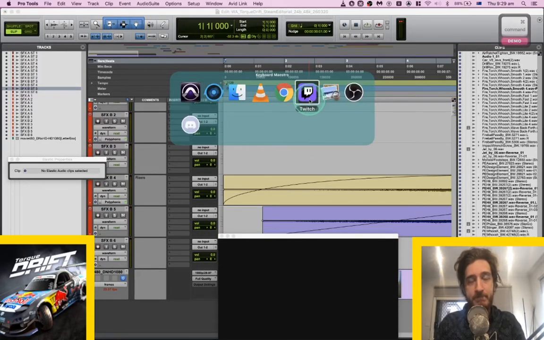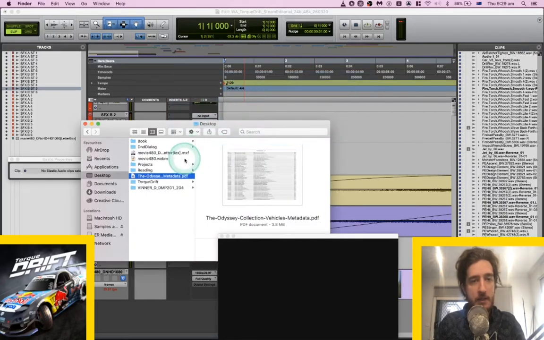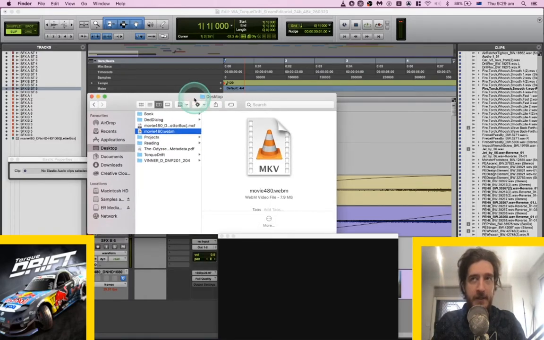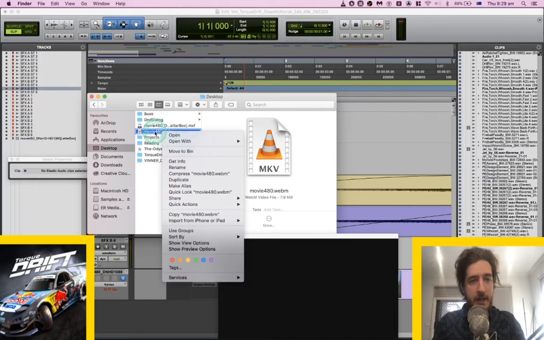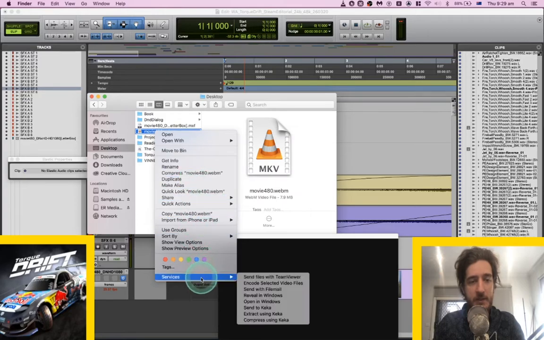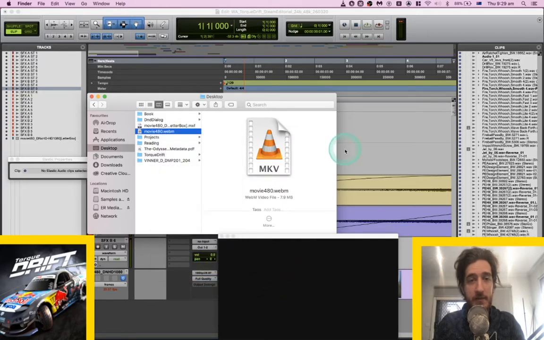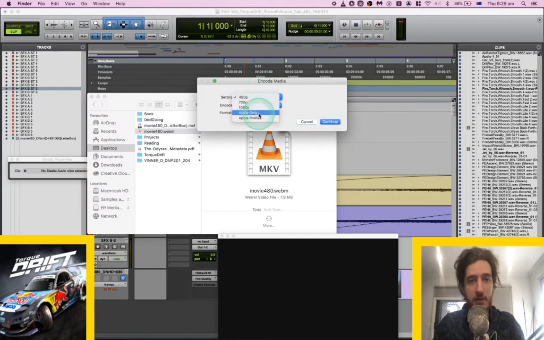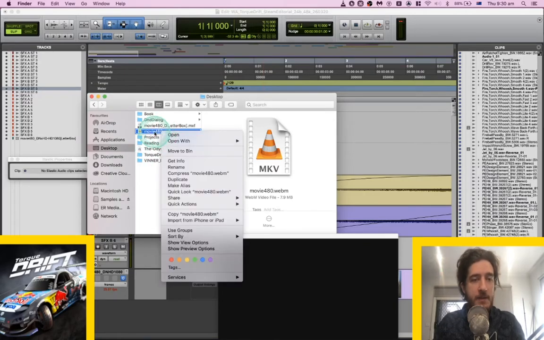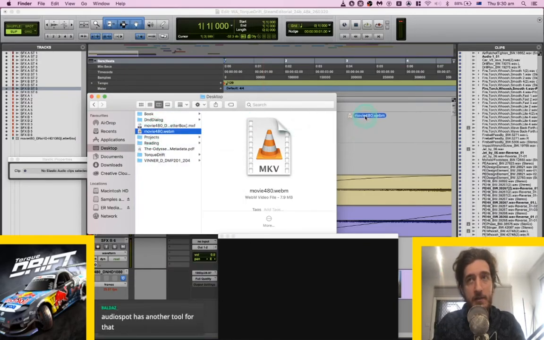Let's grab... Obviously, I'll put more time into it as well. How do I get the audio off a .webm file? How do I do that? Anybody? Somebody please help. Because if I go services, encode selected video files. Maybe I can do this as audio only. Maybe that will work. No, it just already doesn't work. Check setup. Well, I can't check the setup because I don't know where it's supposed to be set up. And I can't drop it in.